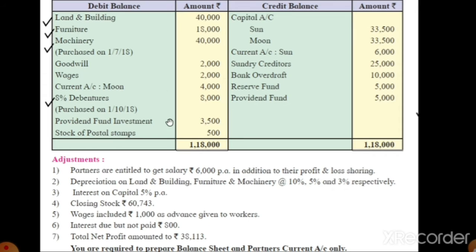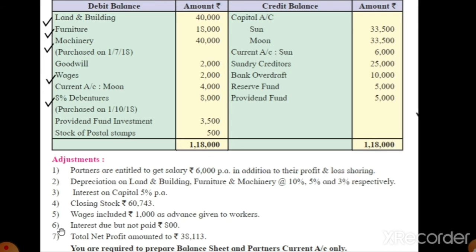Student, here in the trial balance they give us the wages. Okay, so in this wages they give us rupees 2,000, and in this 2,000, the 1,000 amount is related to the advance given to the workers. So it is an advance, so we deduct that from the wages. So on the trading account debit side, we deduct the advance given to the workers of rupees 1,000 from the wages of 2,000. Okay, and second effect of it, we show on the balance sheet asset side.